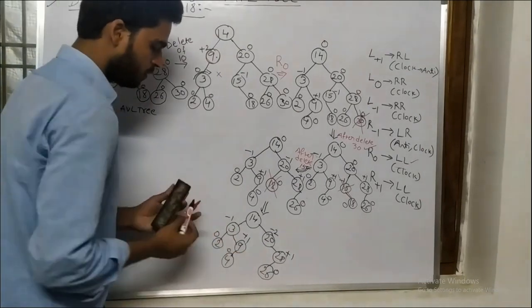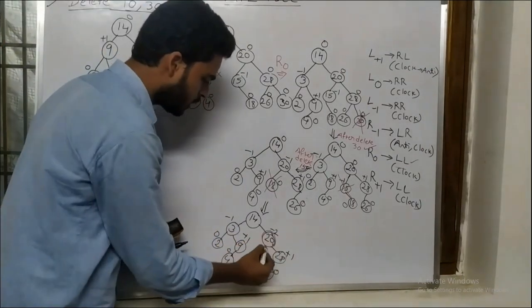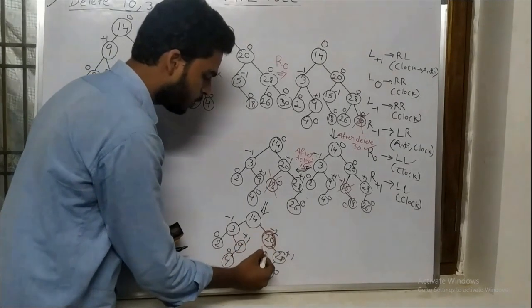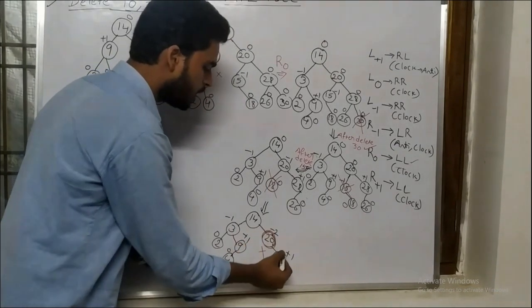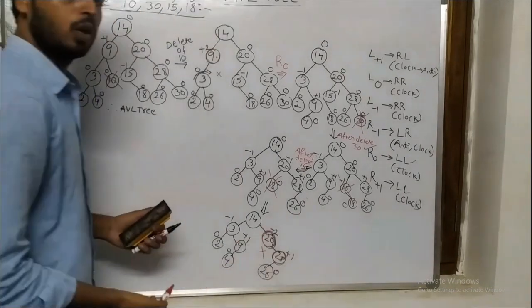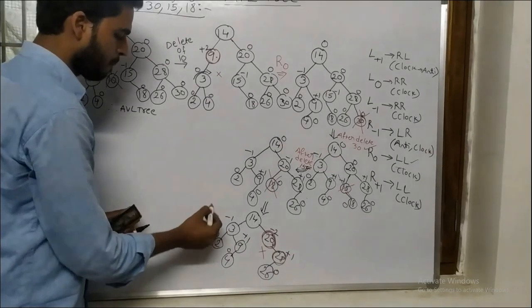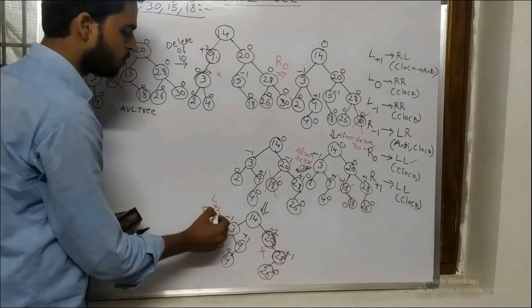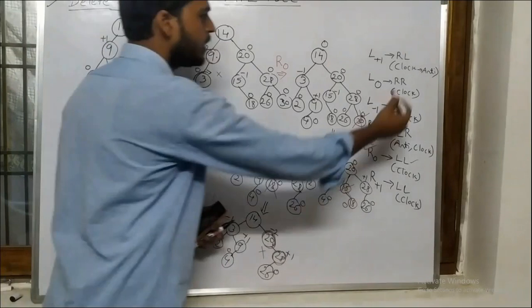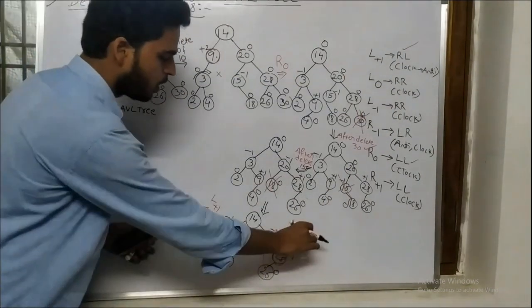So see here, this critical node occurred because of deleting a node in the left child, and the other child's balance factor is plus 1. So what kind of notation will I apply? I will apply the L plus 1 notation. Left side deletion and whose child is plus 1. What is L plus 1? RL notation. So I need to make RL notation over this one.